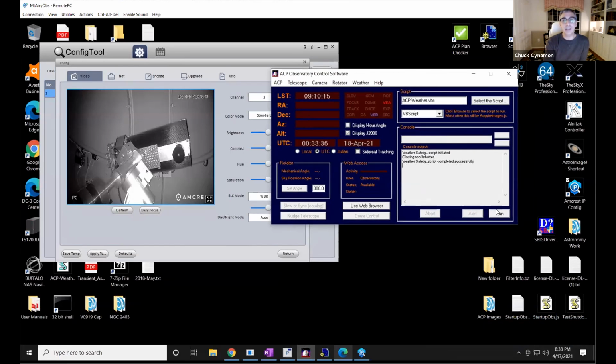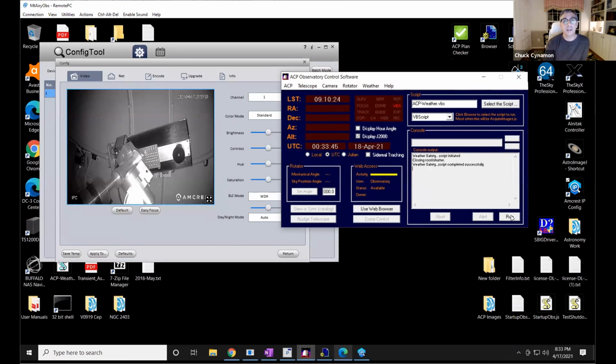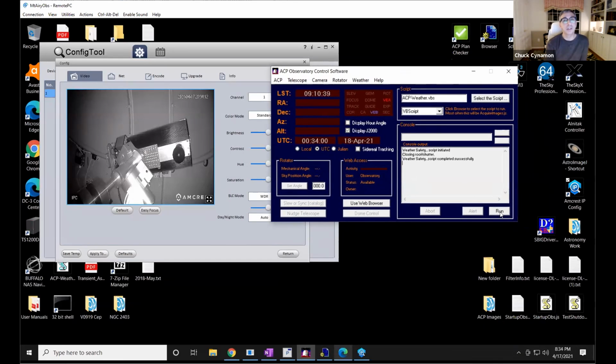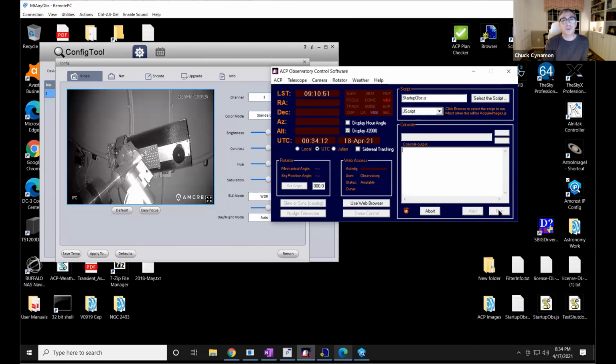But I am going to go ahead and hit run on the startup of the system. So it's going to go ahead and at least begin. Oops, there we go. Begin the startup, and I'll leave up the live image so that you can go ahead and watch as the telescope begins to move. Let's see why. I apologize, for some reason it didn't take my request for running the startup.